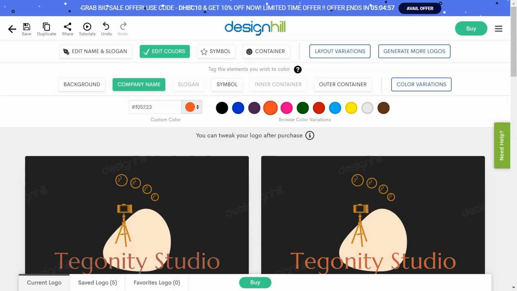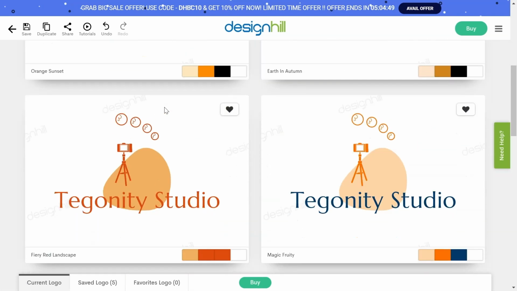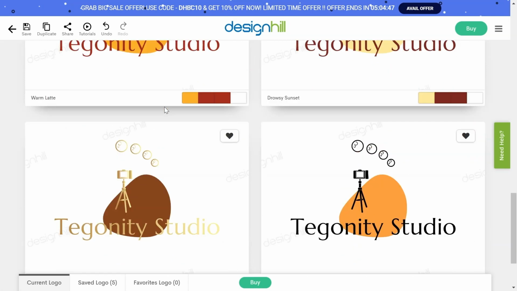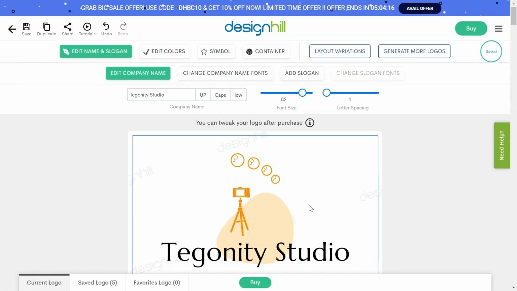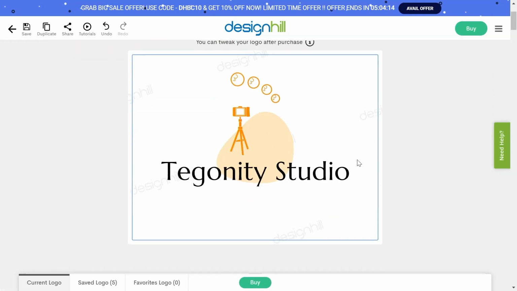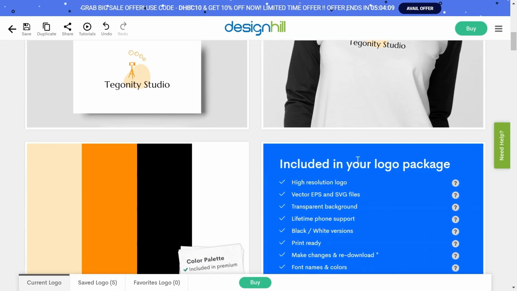So if you wanted to go with color variations, then you can choose any of the color from this multiple colors thing. This orange sunset. And now I'm going to finalize it. Now just see how it looks like on other stuffs. It looks pretty much good